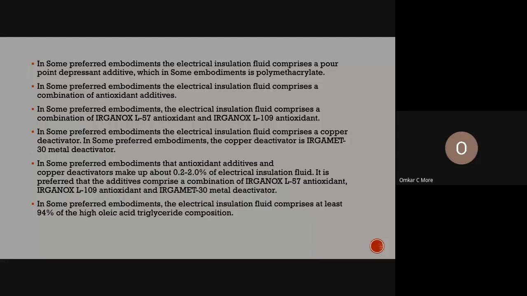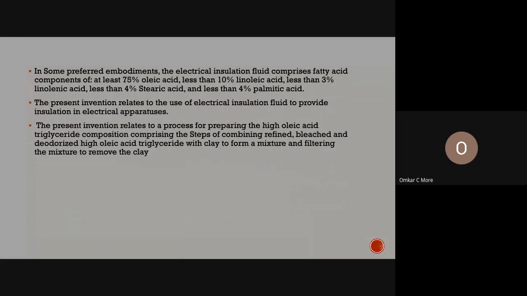Here you can see that on adding some additives, the pour point is improved. On adding some particular polymer, the viscosity has been increased. So this slide comprises all the experiments which have been done to suit all the machines or basic models. It should comprise a various range of equipment. Here you can see other embodiments, and the invention relates to a process for preparing the high oleic triglyceride compositions